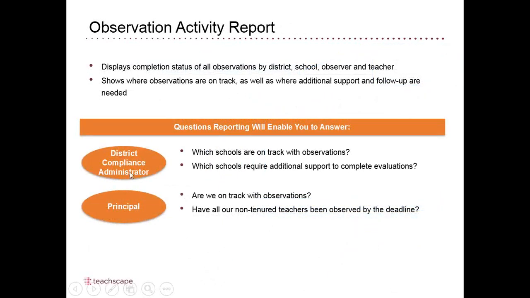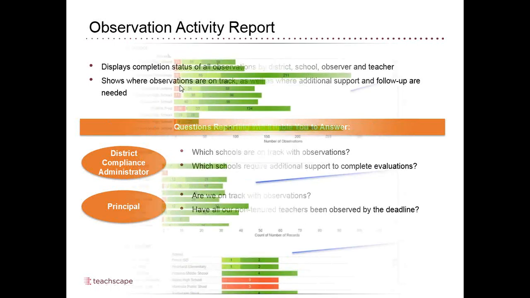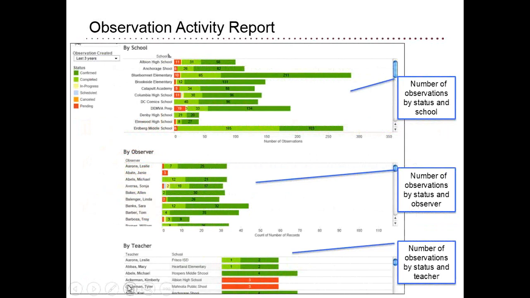The next thing we got was, well, if we're not done, where do we stand? Where are we in that process? This report shows you by school or by observer or by teacher how many observations have yet to be started, how many have been completed, how many have been confirmed. Or you could see by teacher, if every teacher of this type, for instance, needs to have 3 observations, this might be a non-tenured teacher and this a tenured teacher. In some states this does vary. You can see this person's completely done, whereas these 2 teachers have not had any observations done yet this year.